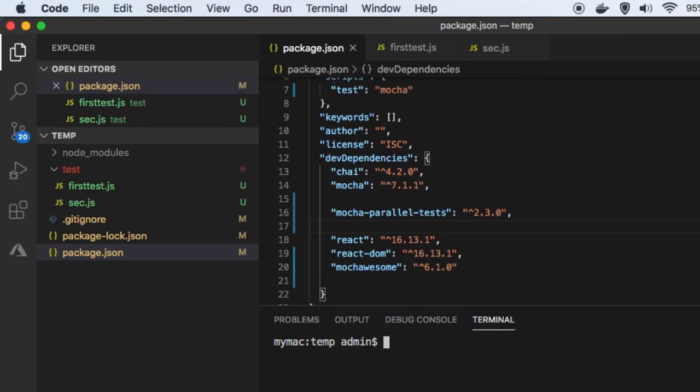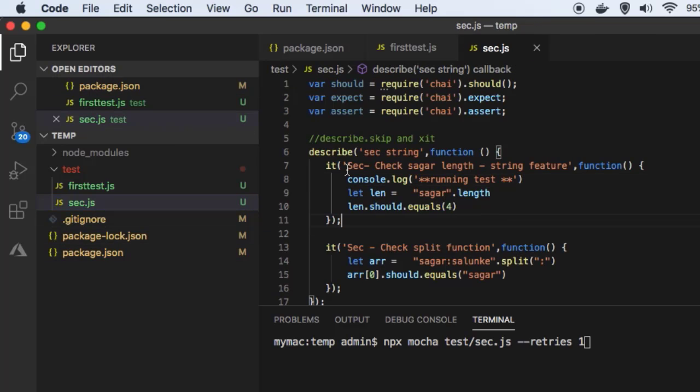To rerun the failed tests, we have to use the retries flag. For example, there is one test in here in the sec.js. This test is going to fail, and I have added this console.log here, so this message will be printed twice because it is going to retry this test.